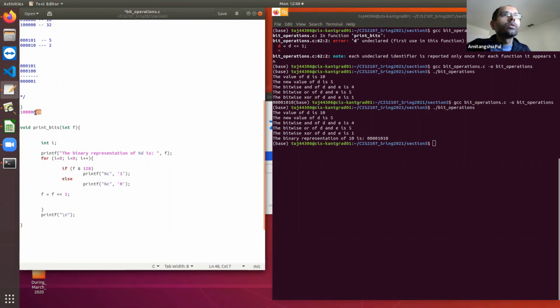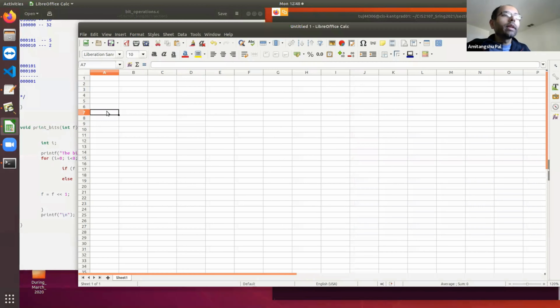So 0, 1, 2, 3, 4, 5, 6, 7. That means you will get 2 to the 7, and 2 to the 7 is 128. So let's see what's happening. Here my f is 10. Let me represent only the last 8 bits.